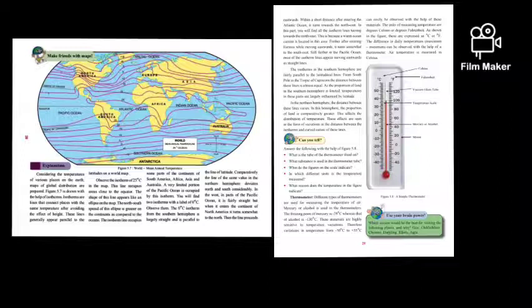We had learned this, no? Tropic of Cancer, Tropic of Capricorn. Tropic of Cancer, it is in the northern hemisphere above the line of equator. And Tropic of Capricorn, it is in the southern hemisphere below the line of equator. Okay, so here at Tropic of Capricorn, the distance between these lines is almost equal.